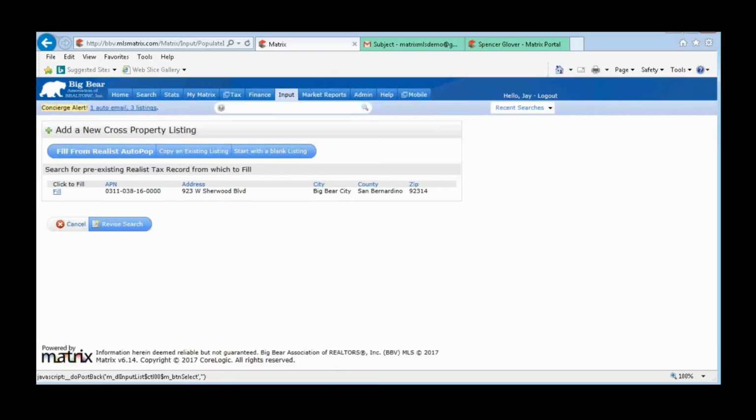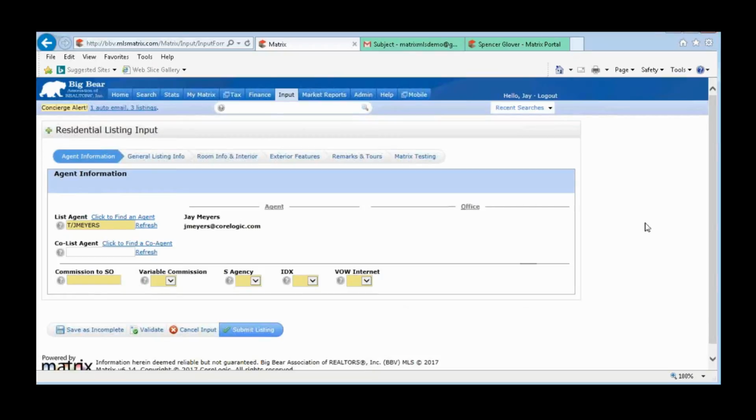And if that property is in San Bernardino County and it's in the Realist tax records, which it should be, it'll say, here's the property. Here's the APN number, here's the address, the city, the county, and the zip code. So just, again, cross-reference that that's the property, that's your listing, based on, in this case, the address, and you'll see a fill option over here. Click fill. That process now takes certain pieces of information from Realist, and brings it into your residential